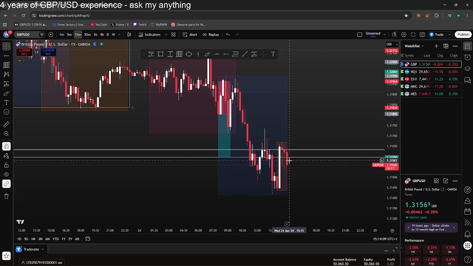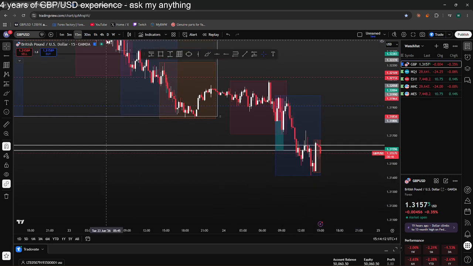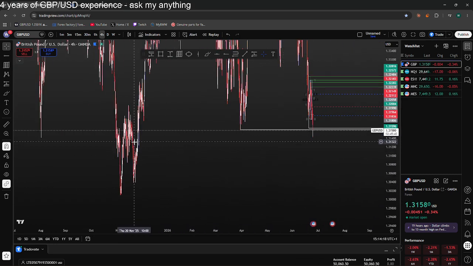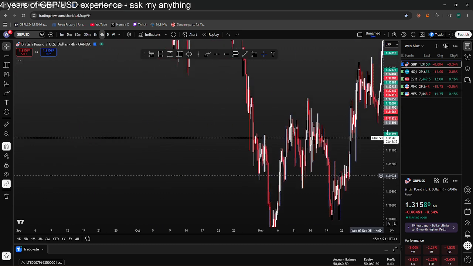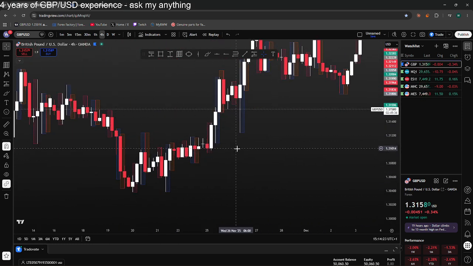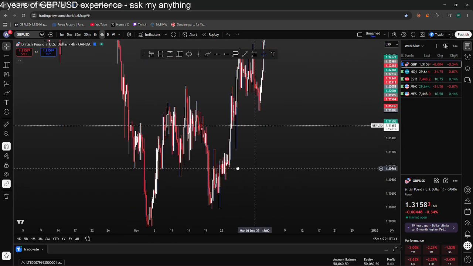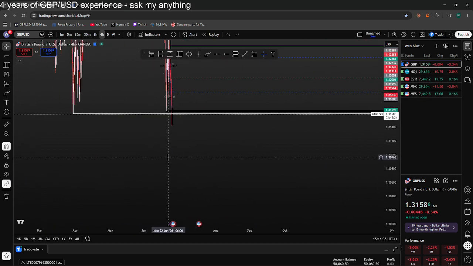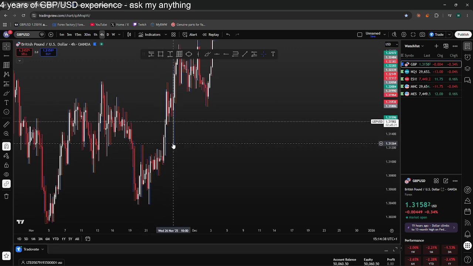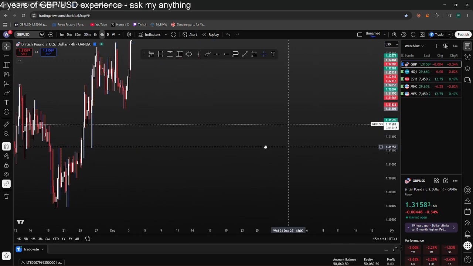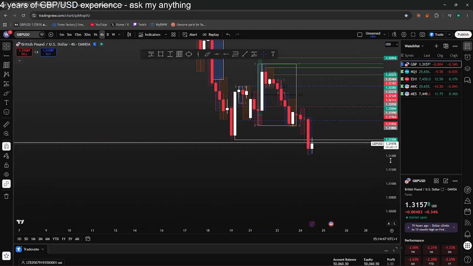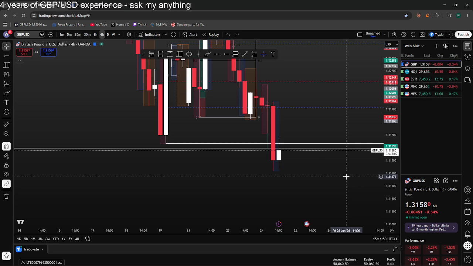As you can see, we're in New York session now. The reason I'm not looking for a trade is because there's nothing to really target down here. If we look at this, what is there? There's nothing. There's all this liquidity to the downside, which is simply too far away. If I keep the cursor in line with it, you can see how far down it is. We're not going all the way down there. This is just a wick. This is a low. We're not taking out this. It's just pointless looking for sells because of the placement of liquidity.